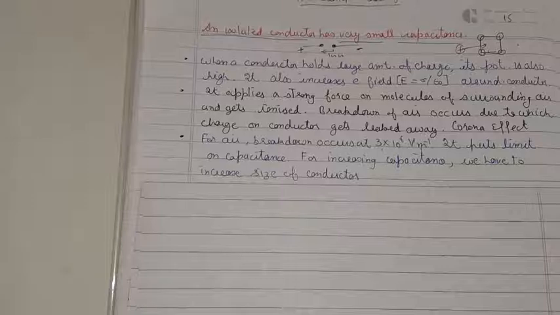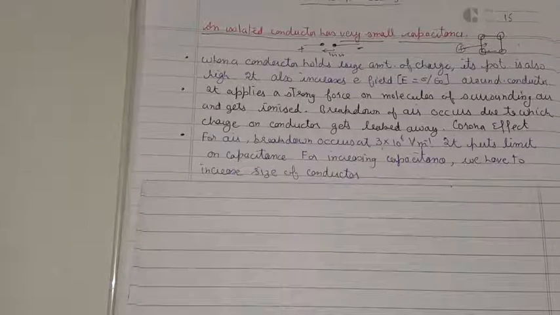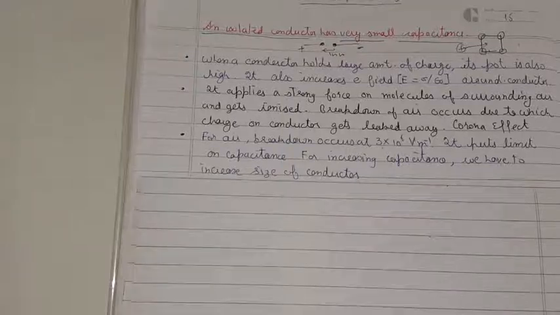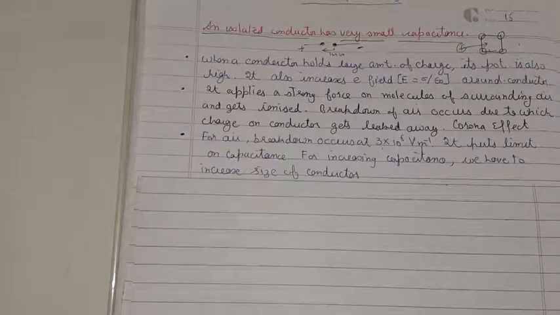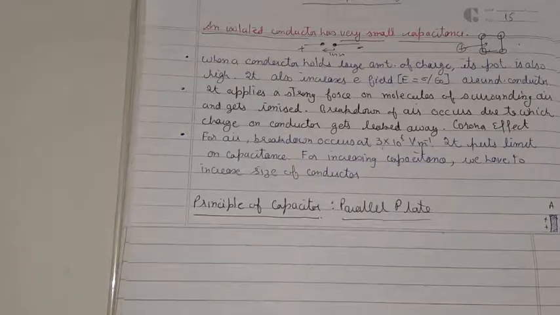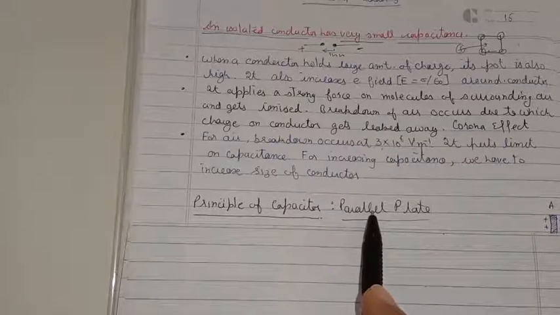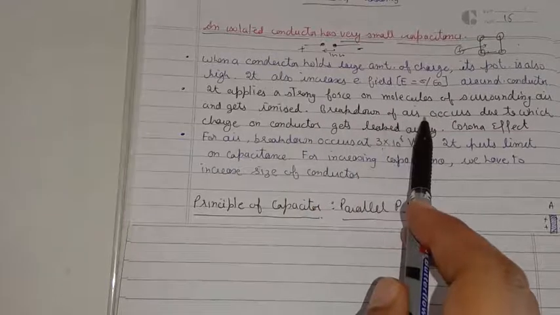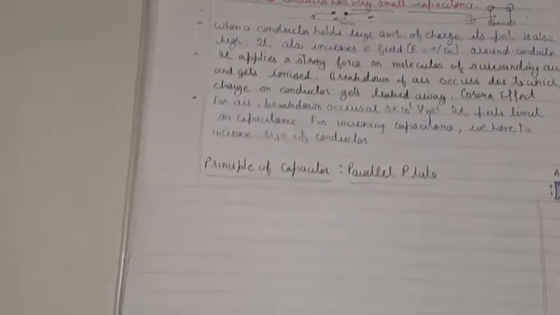So this breaking down of the air puts up a limit on how much charge can be stored inside a conductor. So any conductor which has this limited ability to store charge also has small capacitance. So how can we increase the capacitance of the conductor so that, without breaking down of the air, any desired amount of charge can be transferred to it? The answer to that is the parallel plate capacitor. How we are able to increase the capacitance of a conductor without this problem of breaking down of the air around the conductor, we can get that idea when we study the principle of the capacitor.